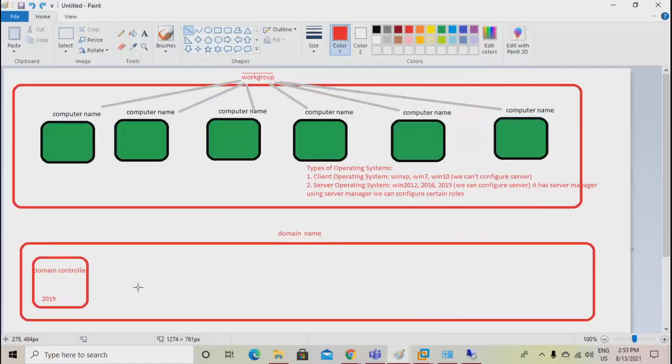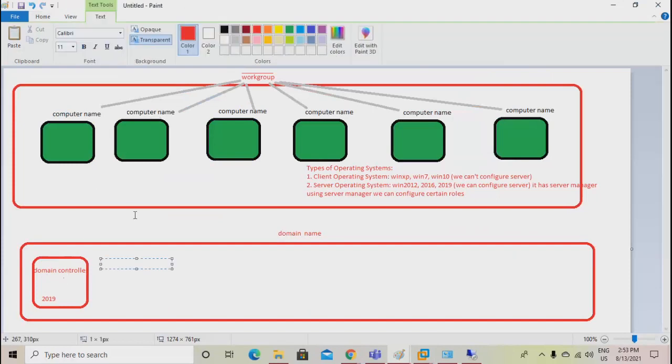Now, when you have a system configured as a domain controller, you can log in as username administrator. This is called local login.